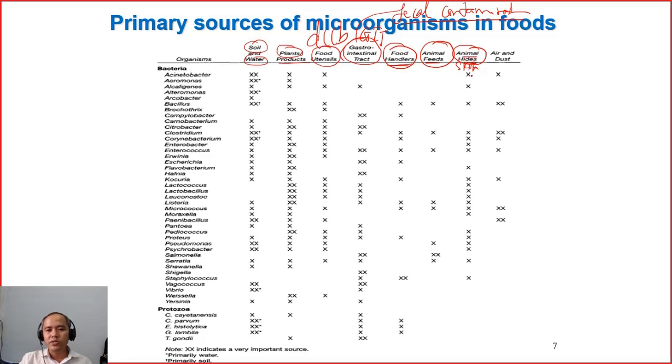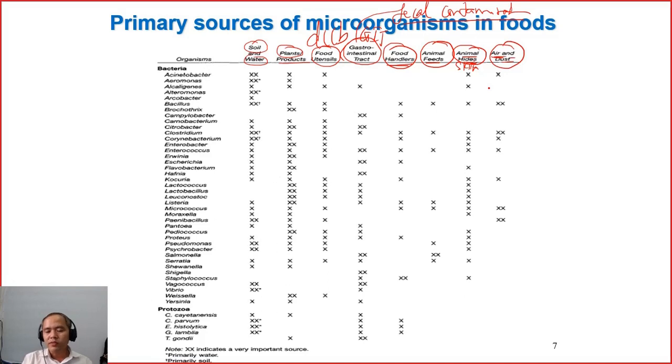This is also a source of microorganisms into food, and from the air and dust. There are quite a lot of microorganisms in the air. So there are many sources from which they can come into food,